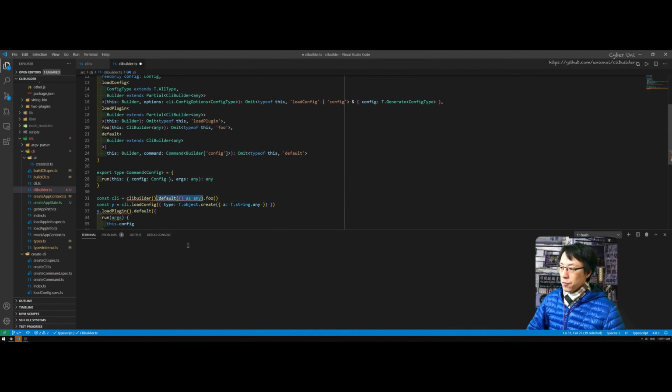But if I remove the default, this will be fine, right? So in order to do that, let's do it over here. I have to do this, right, and then say this partial,